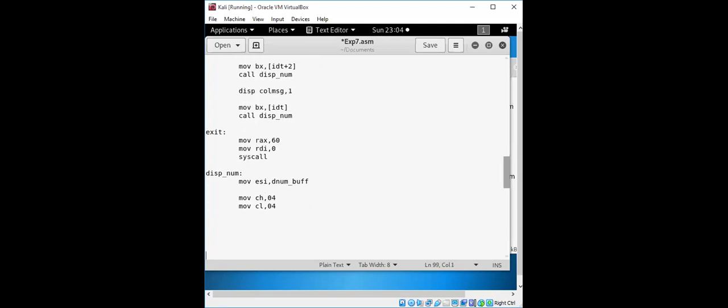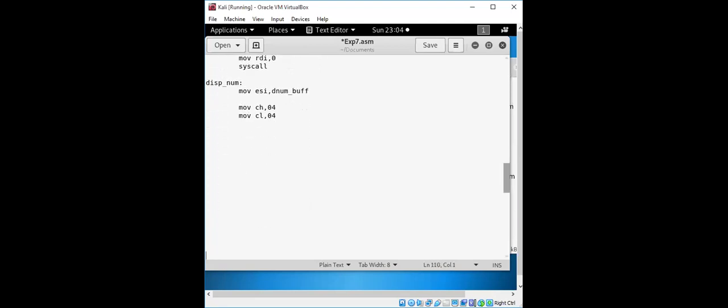Right, so we'll now check the values which are greater than 9 or less than 9. So for that, we'll take one label for this function procedure. Right, so it will now rotate the value first and check whether the lower bit has a number less than 9 or greater than 9. Okay, so that is the BL comma. Whatever the contents of the lower bit, it will be moved to DL, and ANDing this DL with 0FH.